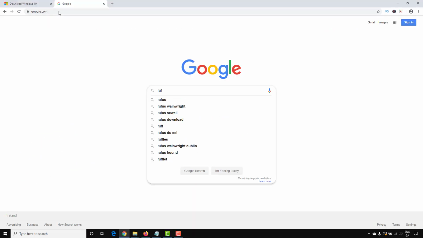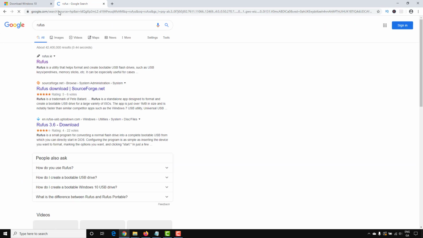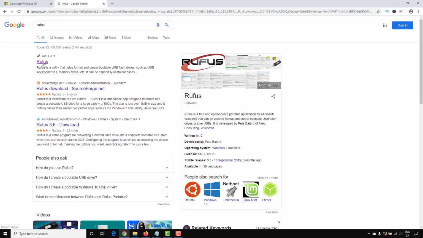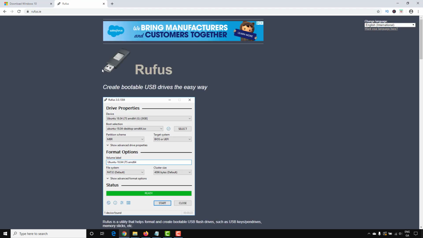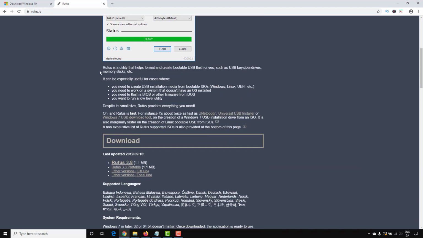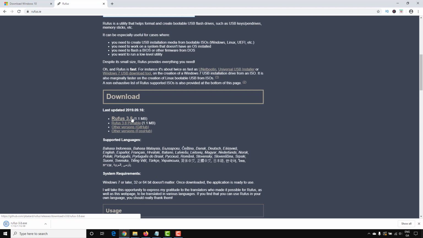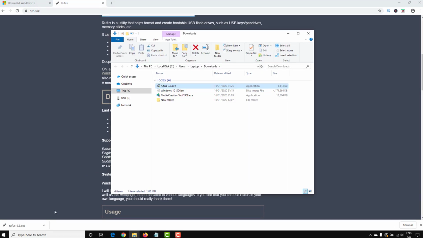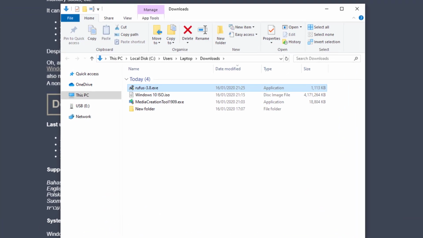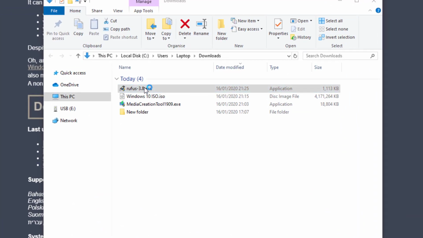So we'll need to download a tool for this called Rufus, and if you do a search for that, you'll see Rufus.ie there, and you can see that loads the page for that. If you scroll down to the bottom of the page, you'll see there's some download options there, and you should be able to see there that the latest version at the minute is Rufus 3.8. So if you click on that and download that, and once that's downloaded, if you check your downloads folder, you can see the tool has downloaded there. So if we just go ahead and run the Rufus tool there,